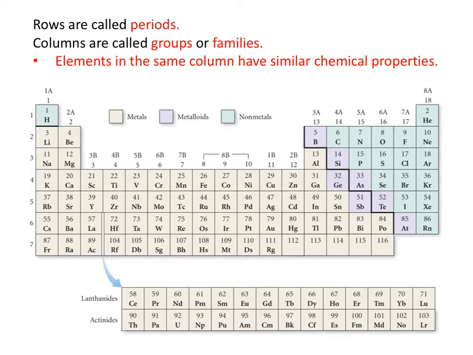Another really important thing about the periodic table is it allows us to determine, based on where they're placed in the periodic table, where are the metals, the nonmetals, and the metalloids. And so the elements in the upper right-hand corner are our nonmetals. Most of the elements in the periodic table, the ones to the left of this dividing line, are the metals. They're colored in the beige color. And then this dividing line between the metals and nonmetals, you can always make it by starting on the corner at boron and going down in a stair step.